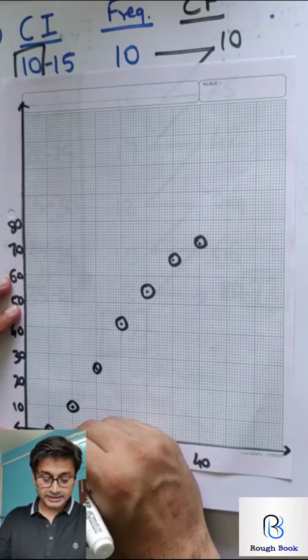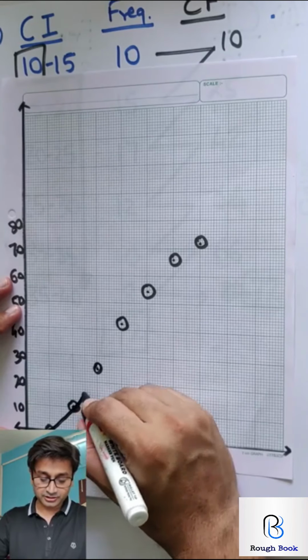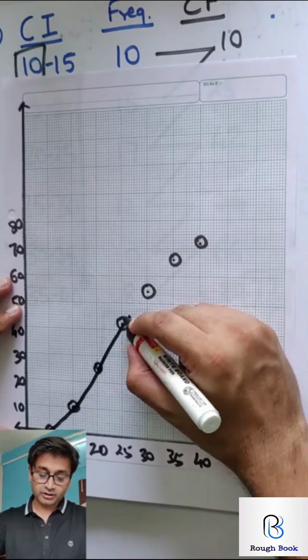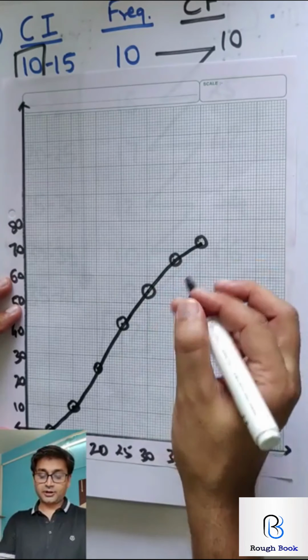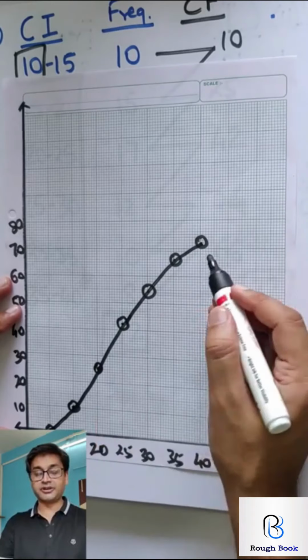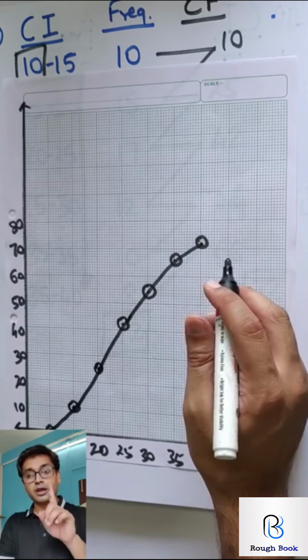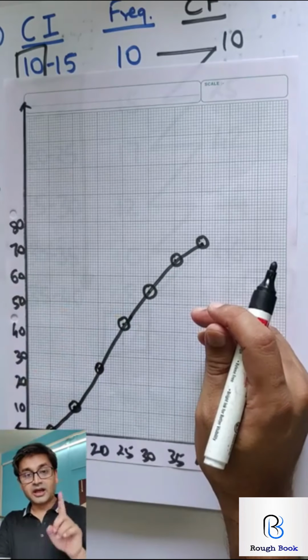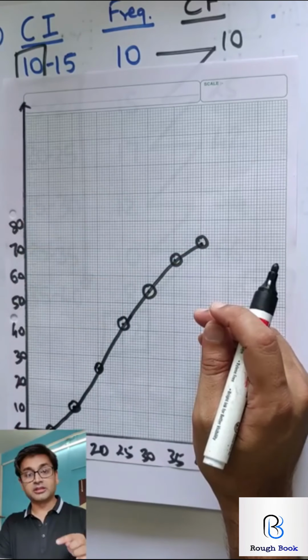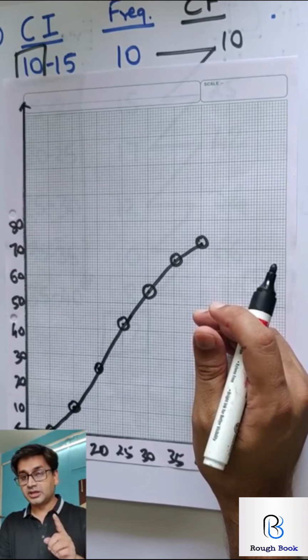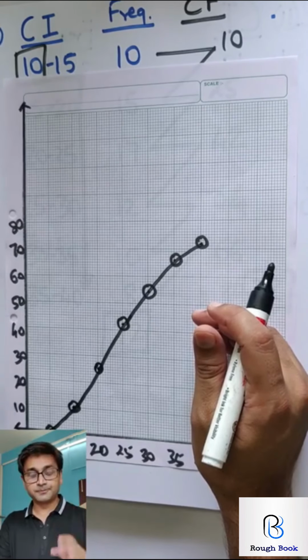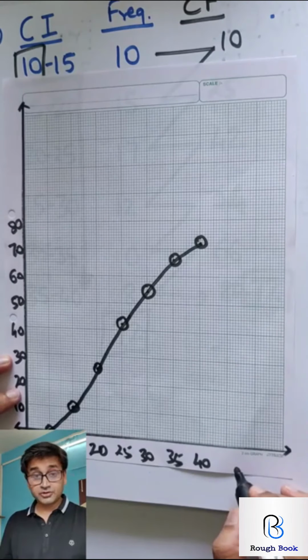So just look at how I am trying to construct it. Avoid lifting your hand and draw it just looking like a curve, a freehand curve. In the board exam, 1 mark is just for plotting and 1 mark is just for constructing the curve. If the curve is not looking like a curve, you lose 1 mark straight away. Yeah. The names is what we need to give.